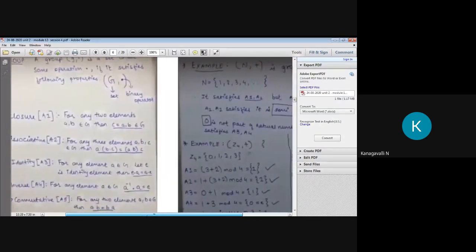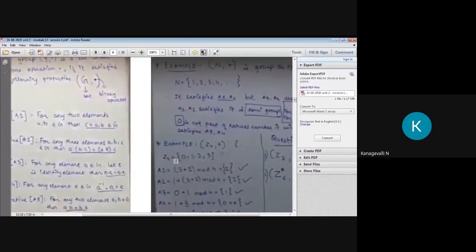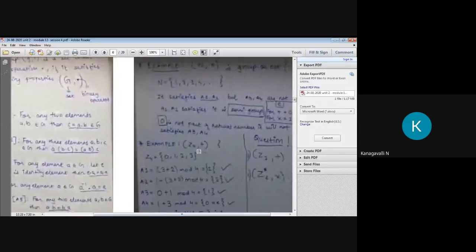For any two elements, that means C equal to A dot B. So check here, you can do any element. The property is written in terms of multiplication, right? But here our operation is plus. So what do you do? Doing any addition. Maybe it is represented as multiplication, but here they directly give the question as addition, right? So here I am taking 3 plus 2 in the given group, so 3 plus 2 is 5.